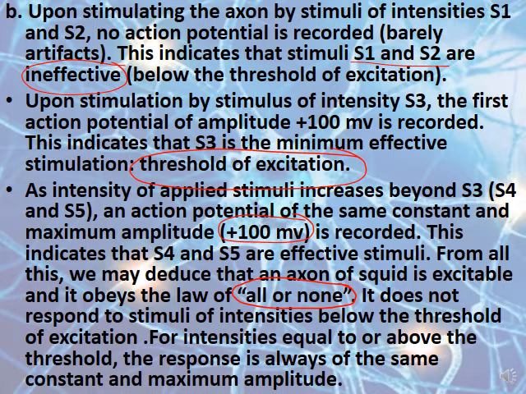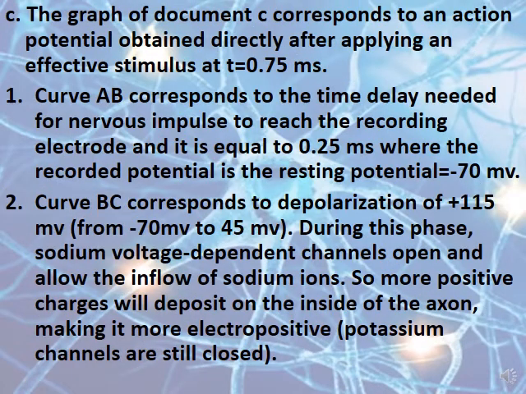Either we have an action potential or we don't. So it doesn't respond to stimuli of intensities below the threshold of excitation. For intensity equal to or above the threshold, the response is always of the same constant and maximum amplitude. The graph of document C corresponds to the action potential obtained directly after applying an effective stimulus at t equal